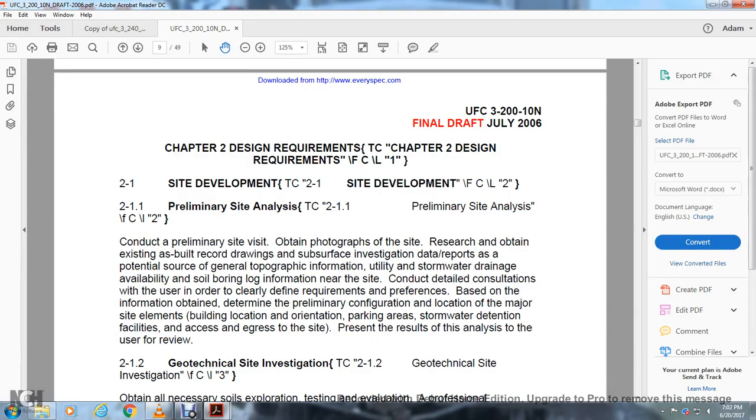Conduct a preliminary site visit to obtain photographs of the site. Research existing as-built records, drawings, subsurface investigation data, reports, and potential surface reports with geographical and topographical information, utility, storm, water, and drainage information available. Obtain soil boring log information near the site, and consult with the user in order to clearly